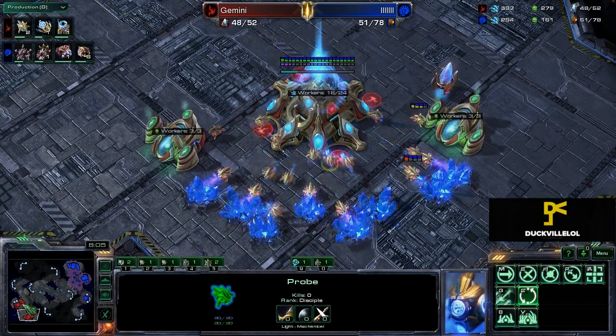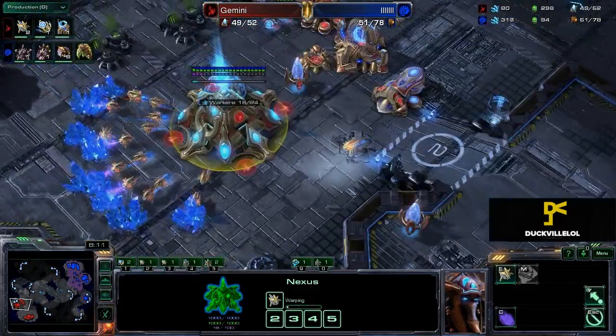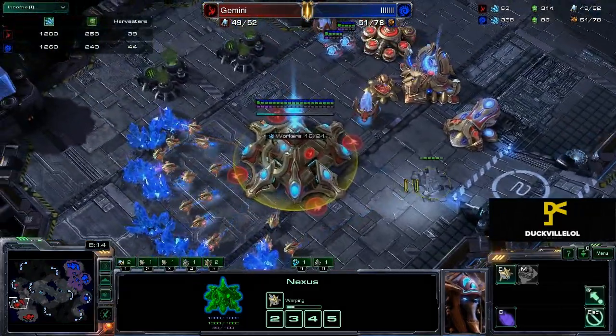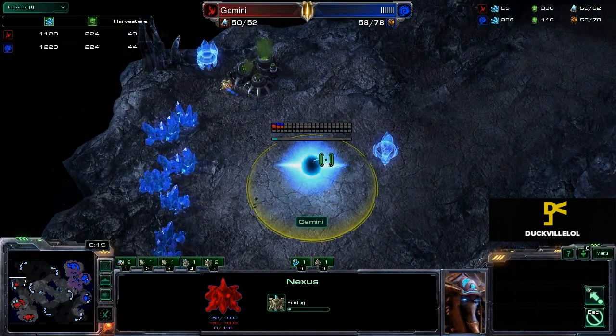I'm kind of surprised it hasn't gone down by now. I mean, we're up to 2 bases for him. His worker count is currently sitting at 39, but he is going to take a very quick 3rd expansion. Now,